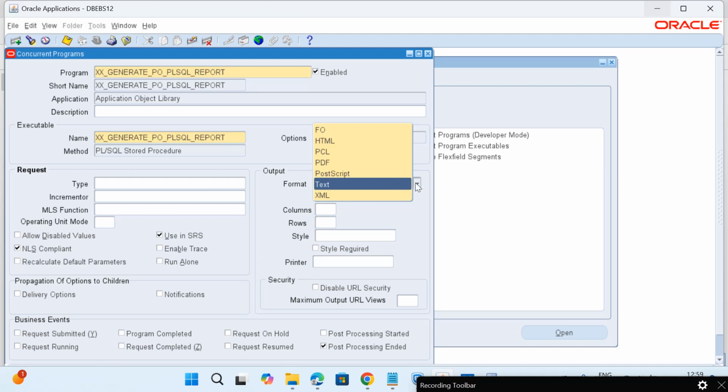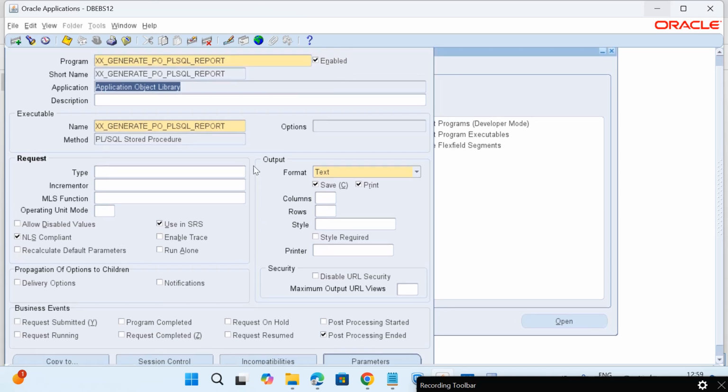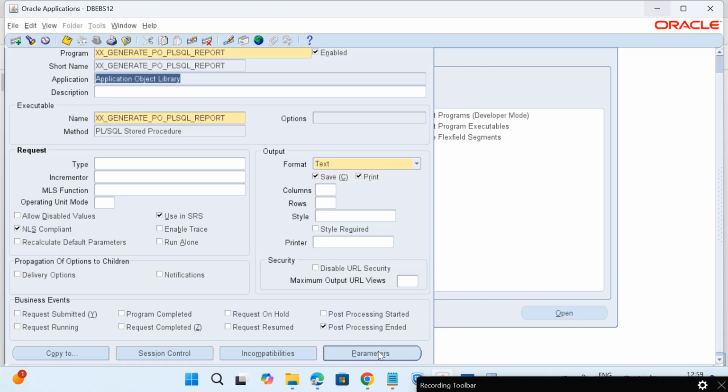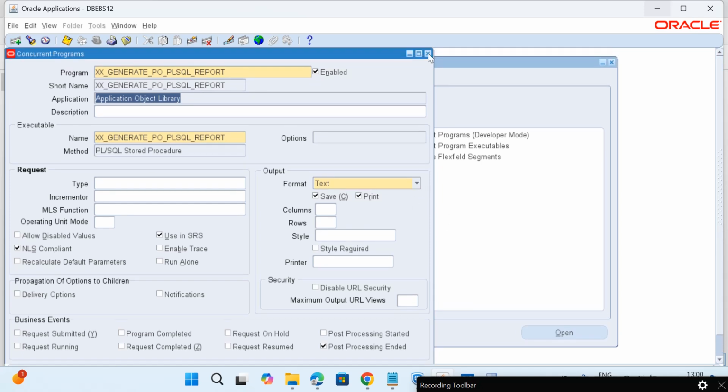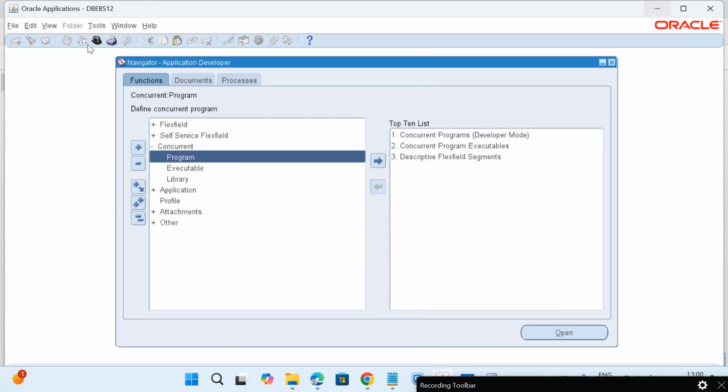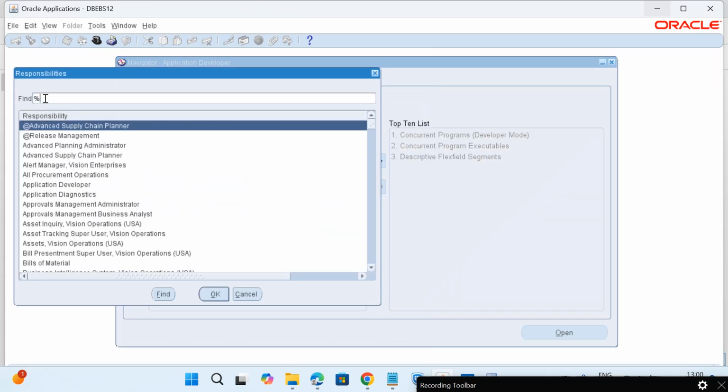In my case I have to create the text report, so I took this as a text report only. After this you have to give the short name and program name over here, and then we will copy this application name. We have to select the application name also, and after saving you have to copy this, and you can create parameters by clicking over here. Right now in our report there are no parameters, so we will close this,